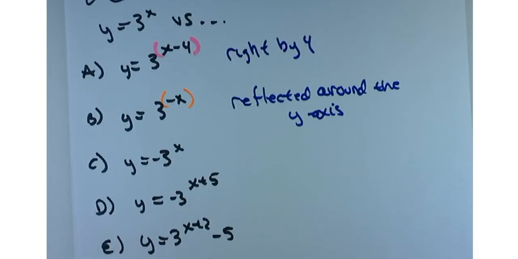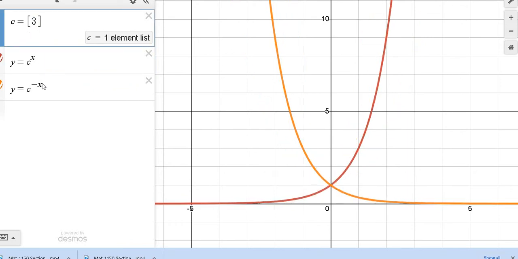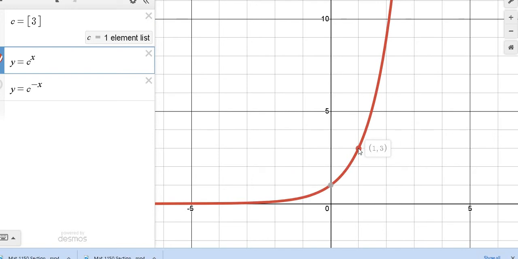And you can see that if you'd like. Let me kind of demonstrate that here. Let's just make this list 3. So here's 3 to the x. And you can tell what the base of your exponential function is by looking right here at x equal 1. At x equal 1, the value you get from your exponential function is going to match the base. So there you go, 1 and 3.